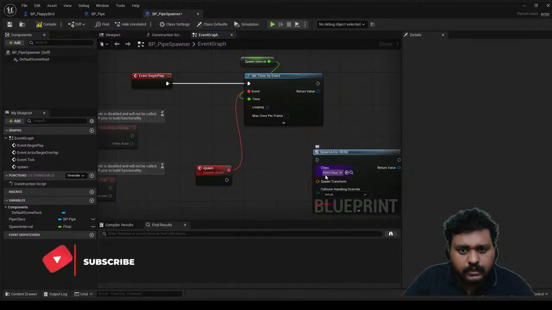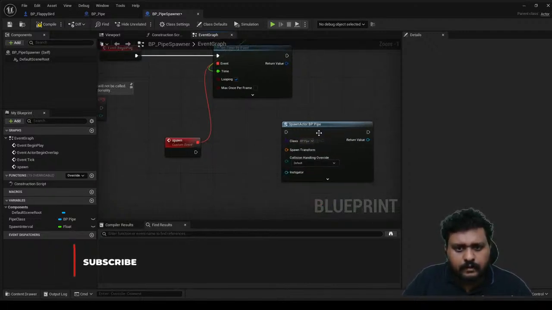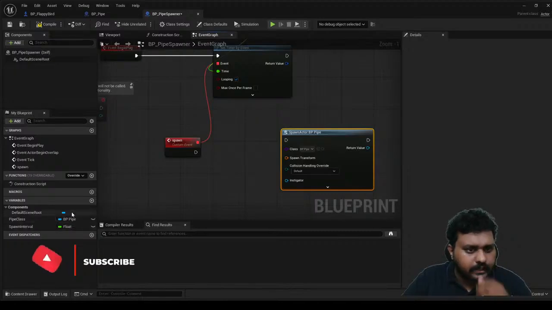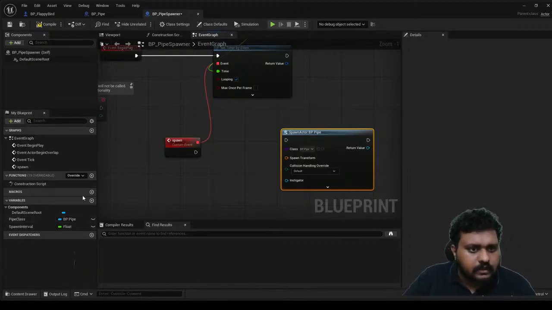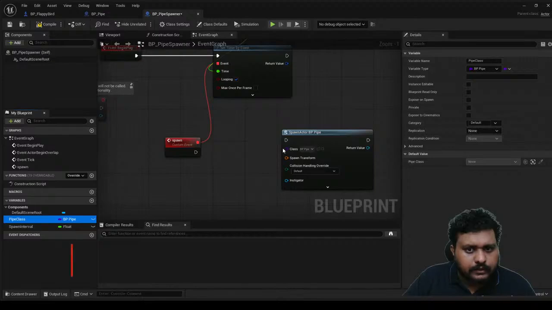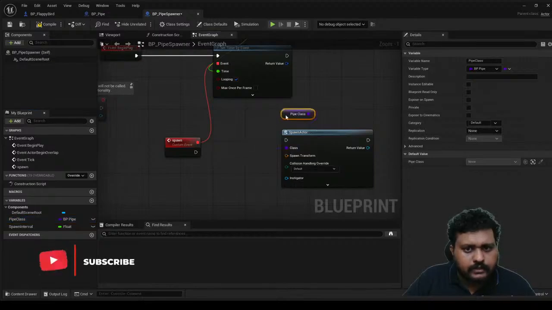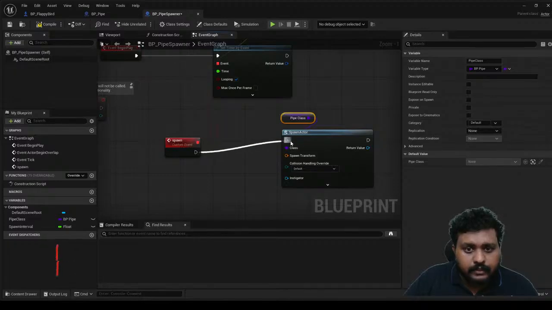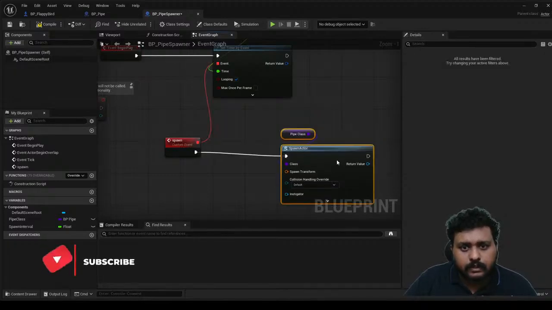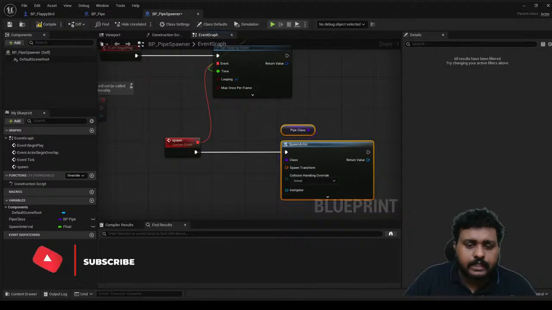Let's actually create pp underscore pipe. Okay, I think this should be a class reference. I think then it will work properly. Yes, it should be a class reference. Okay, my bad. And then off here it should go to the pipe class over there, and we need a